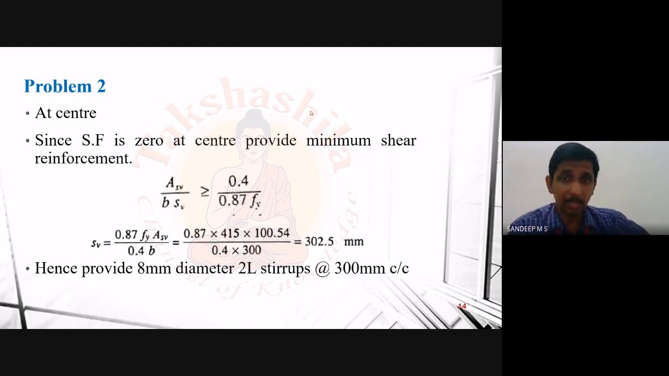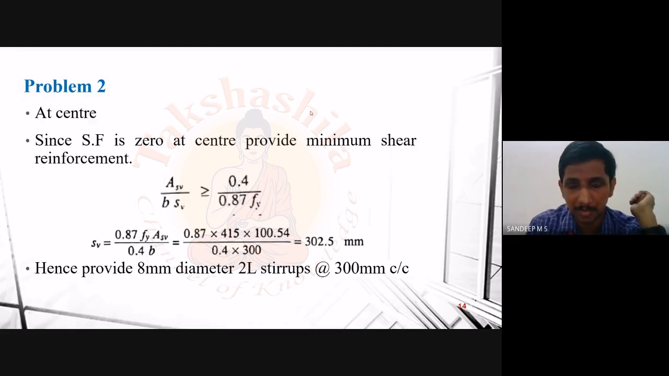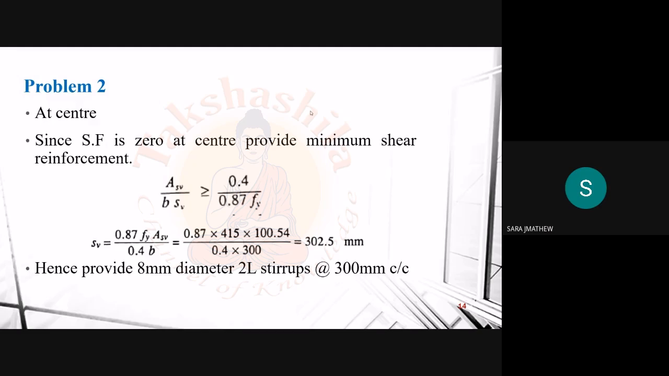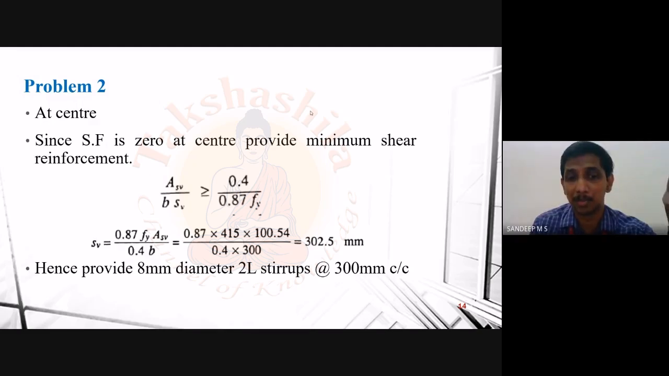So even though the value of shear force is 0, as per our clause, unless our tau v is less than tau c by 2... I hope you remember that there was a note given in the clause in your IS code that when the value of tau v is less than tau c by 2, you need not give this minimum reinforcement also. But in this case, that is not satisfied actually. When you calculate the tau v value, it may not satisfy. Tau v is actually coming as 0 in this particular problem. Anyway, if it is 0 also, here what they have done is that they have just provided the minimum amount